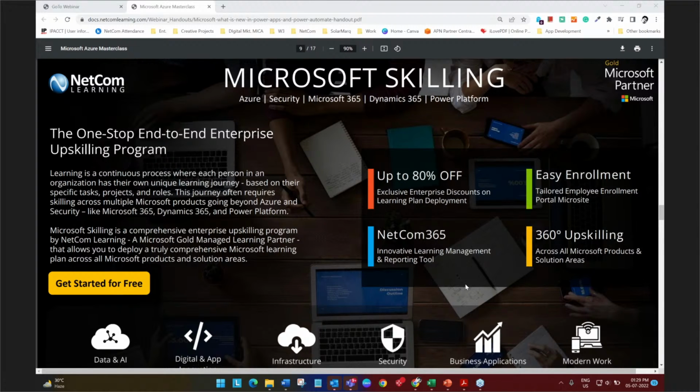Specifically from the Microsoft perspective, we have the Microsoft Skilling Program, which encompasses the entire Microsoft training portfolio across Azure, Security, Microsoft 365, Dynamics 365, and of course, Power Platform. Now, what the solution enables you to do is, this is a one-stop end-to-end upskilling program.